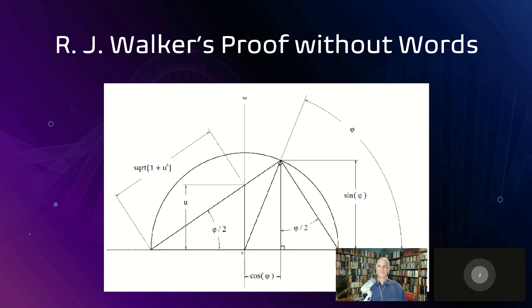He was editor of a math journal. He would just kind of put these every now and then for a couple weeks, proof without words. It'd just be a picture. It's like mic drop, walk away, and it was cool. I liked that a lot. This was one of them, a proof of the tangent half angle substitution.